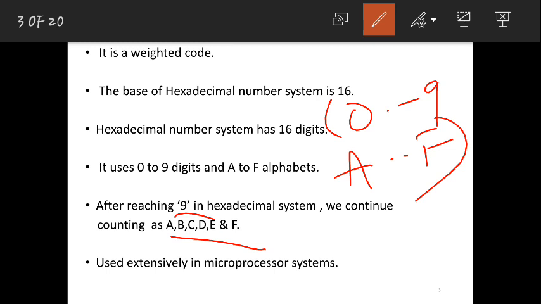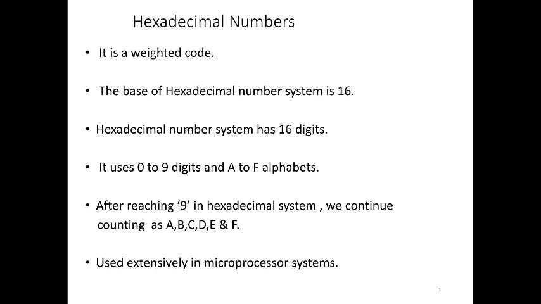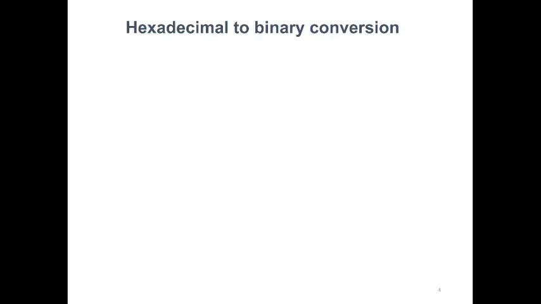Generally we use hexadecimal in microprocessors and controllers. I'll tell you why we would use these numbers and not other numbers. Whenever you are trying to write a program, I mean a code for your processor, like the 8085 or 8086 or any controller like 8051 or 52, you generally write it in terms of hexadecimal.